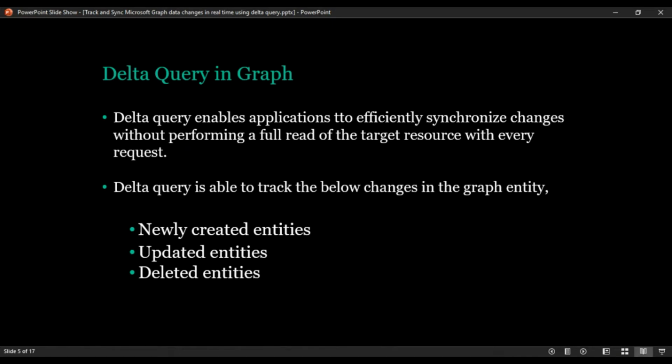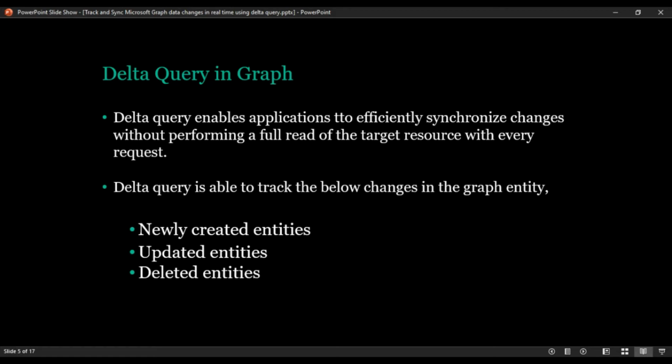Here, we just make a delta query. Initially we make a delta query on our first day, and when you come to the application the second time, we just make a call with the delta token that we received earlier, so that it returns if there is any new resource created, any updated item, or any deleted item.